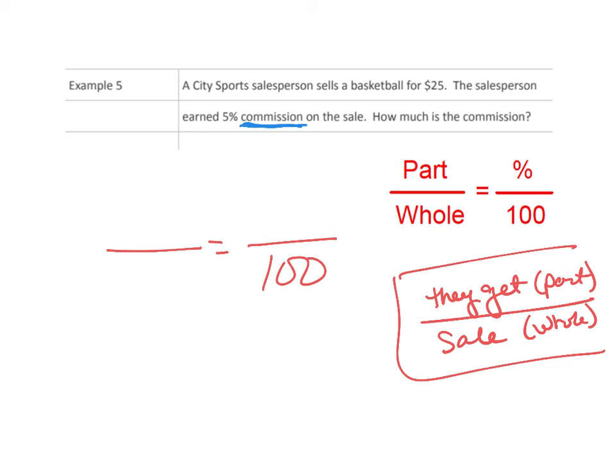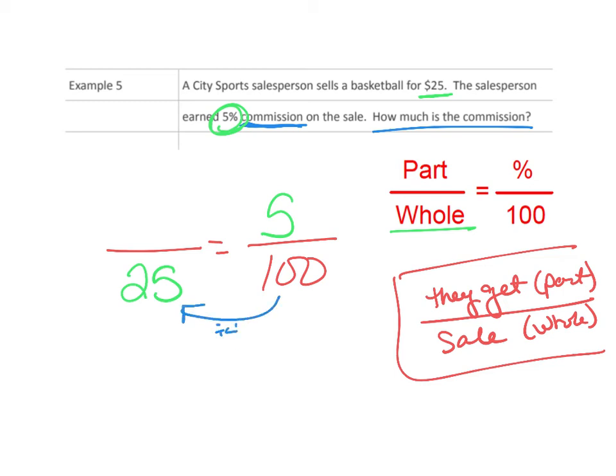So let's read the problem. A city sports salesperson sells a basketball for $25. That's the sale, that's the whole, so we're going to put that on the bottom. The salesperson earned 5% commission, so that's a percentage. It always goes on the top. So how much did they earn as commission? Well, let's see, 100 divided by 4 gives us 25. So now we're going to do the same thing, 5 divided by 4. It doesn't seem like it's going to be a whole lot. 125. They earned